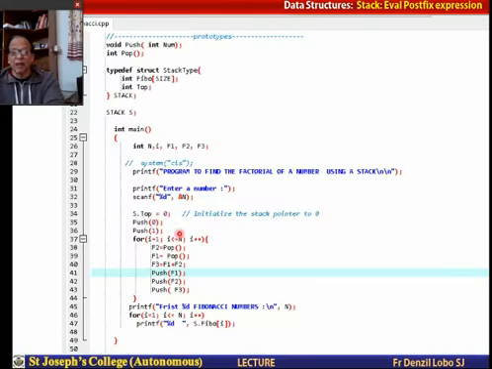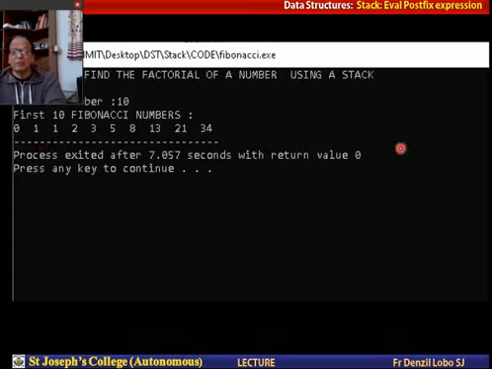Here you have got the program, as you see. So we pop into F2, we pop into F1, add F1 and F2, push F1, F2, F3, and continue till the value of I is less than or equal to n. Then you display the Fibonacci numbers. Again you have to write push and pop, and this is the new data type stack S, which contains Fibo, the size and the top.